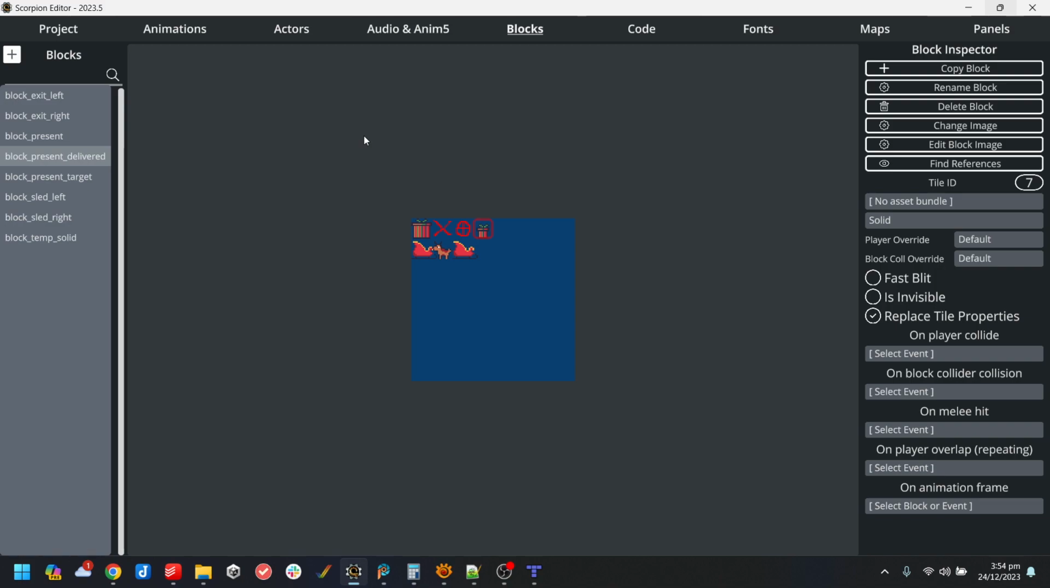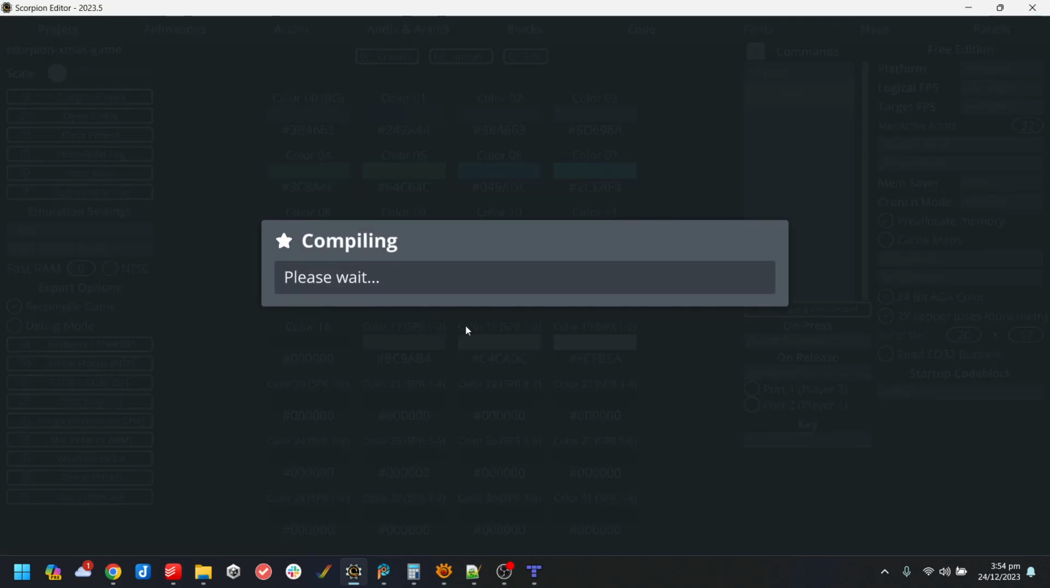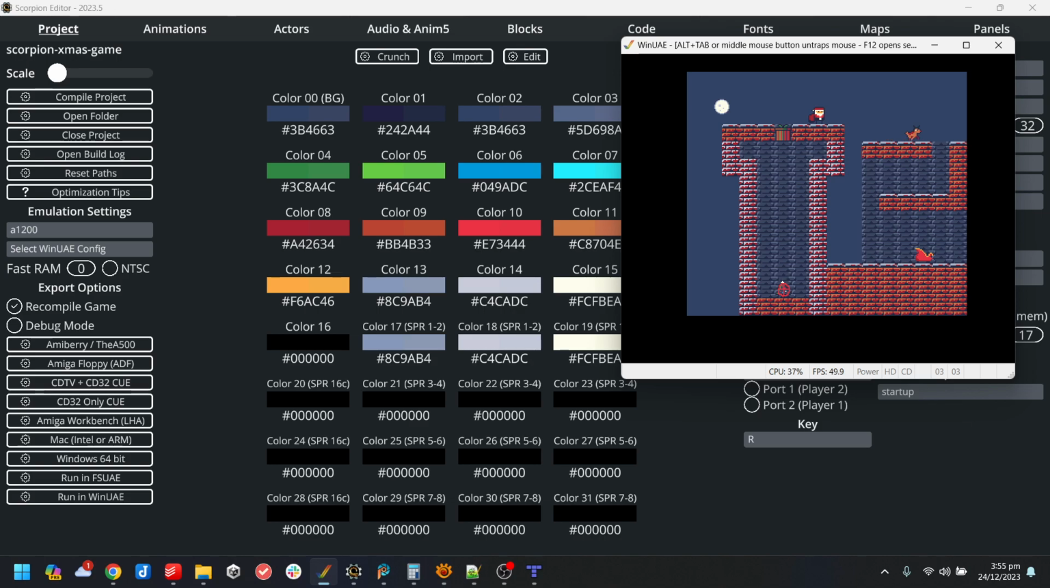Yeah, okay, that will do, I think. So change current block to block present type, block present delivered, and I'm going to need to do a count of how many presents there are in a level. And I don't want to have to manually for every level say there's X number in this level and Y number in that level, so I need to count